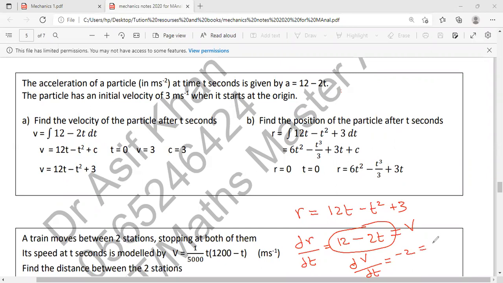Velocity को डेरिवेटिव करने के बाद? एक्सेलरेशन। एक्सेलरेशन है, ध्यान रखें।